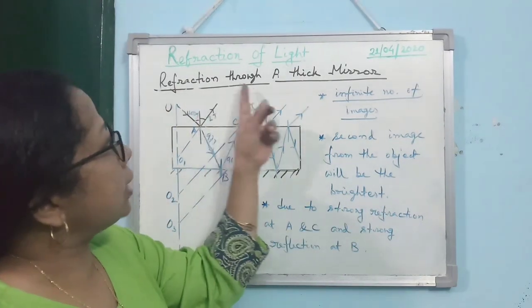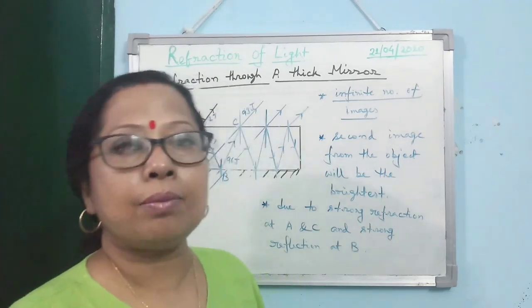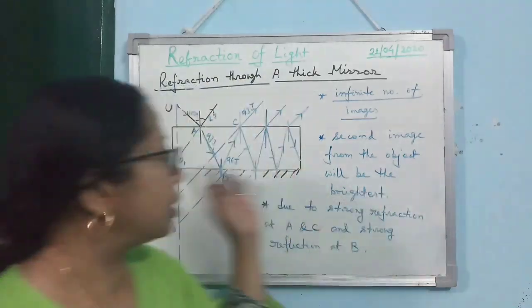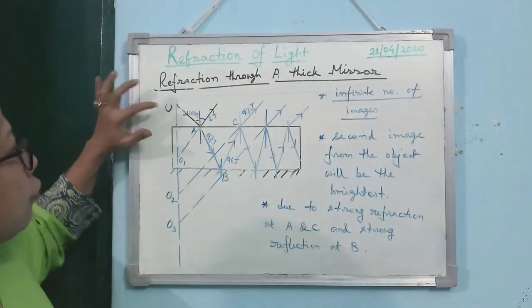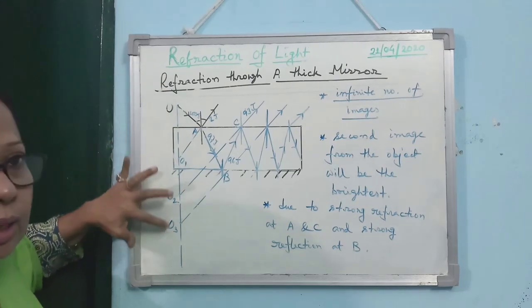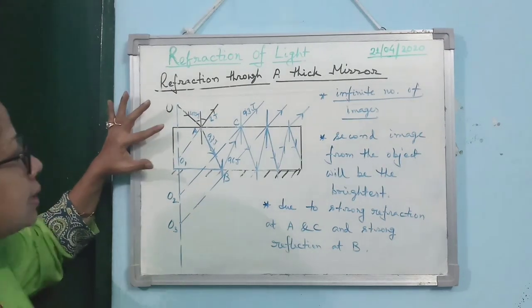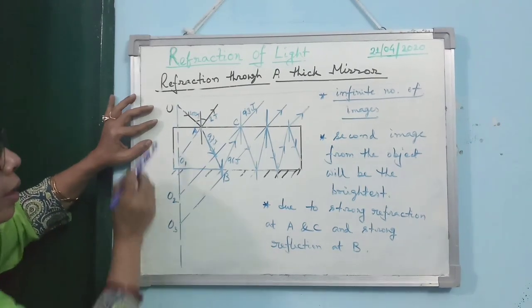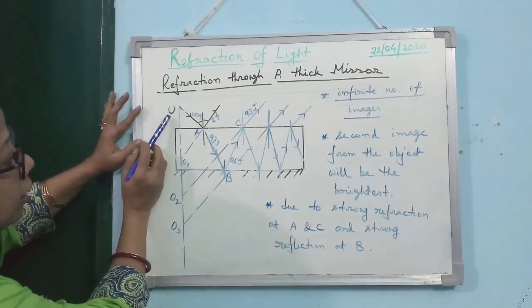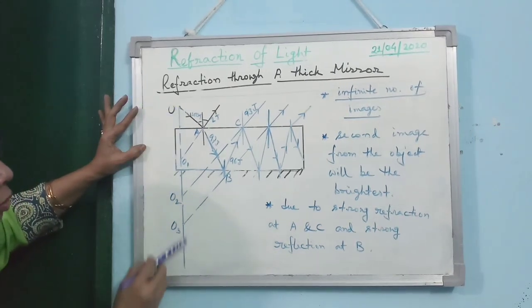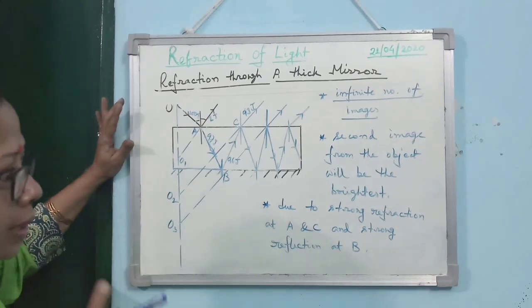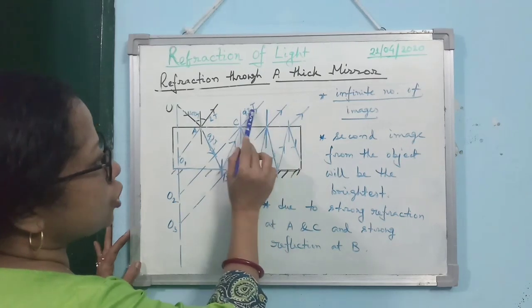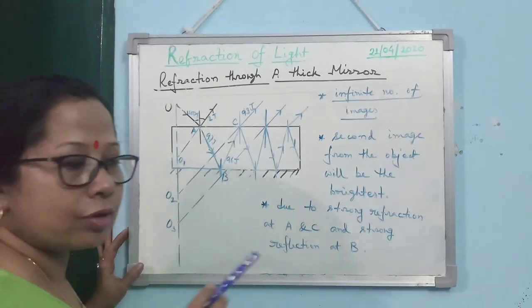Refraction through a thick mirror is also a very important topic for your board exam. 3 probable questions are there from this topic. First one is the diagram. And take care, from the point O you should drop a perpendicular. The common mistake you generally make is that you just extend the left side and then draw the image. That is wrong. On which line will you draw the image? From the point O you will drop a perpendicular, and on that perpendicular line the image will be formed. And secondly, while drawing the diagram, these rays should be parallel to each other. This is the first probable question.